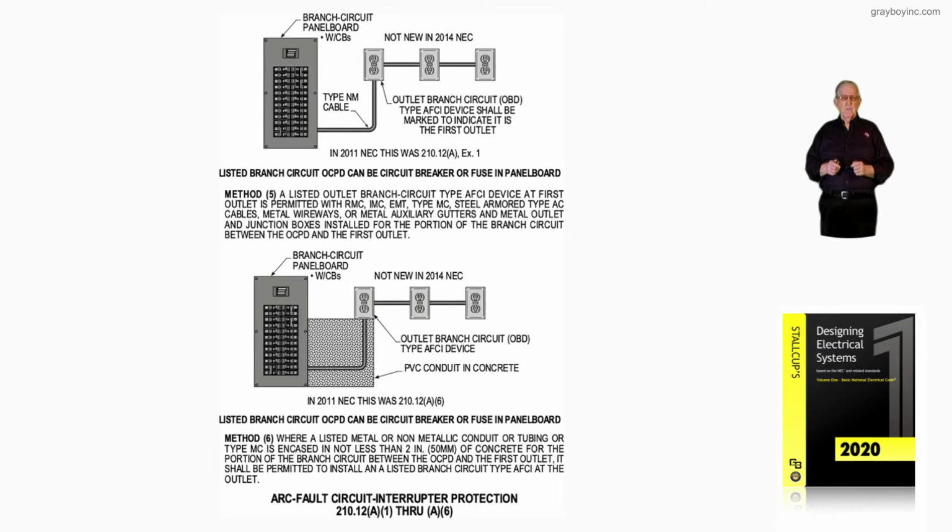Now this illustration further illustrates AFCI protection in accordance with 210.12(A)(1) through (A)(6). Now let's review method number 5 at the top of the illustration. And it states a listed outlet branch circuit type AFCI device at the first outlet is permitted